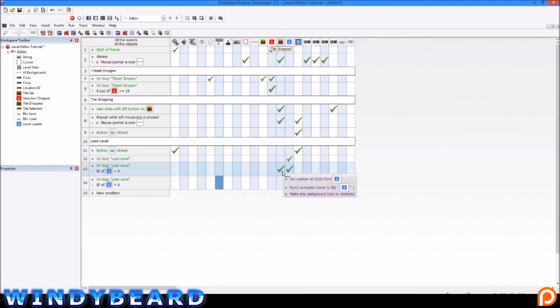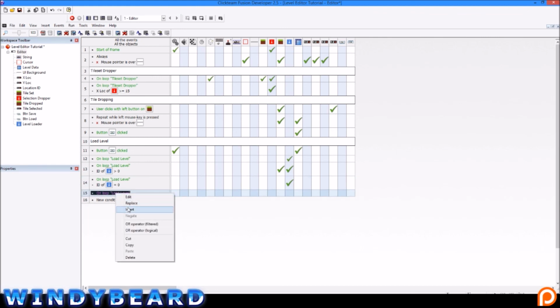But that's not actually going to help us, because we still need to move it down if it reaches the end. So it'll move all the way across to the right. Once it gets to the right, we need to bring it back, move it down one, and print it all the way across, left to right, left to right, like an old school printer, you know. So on loop again,